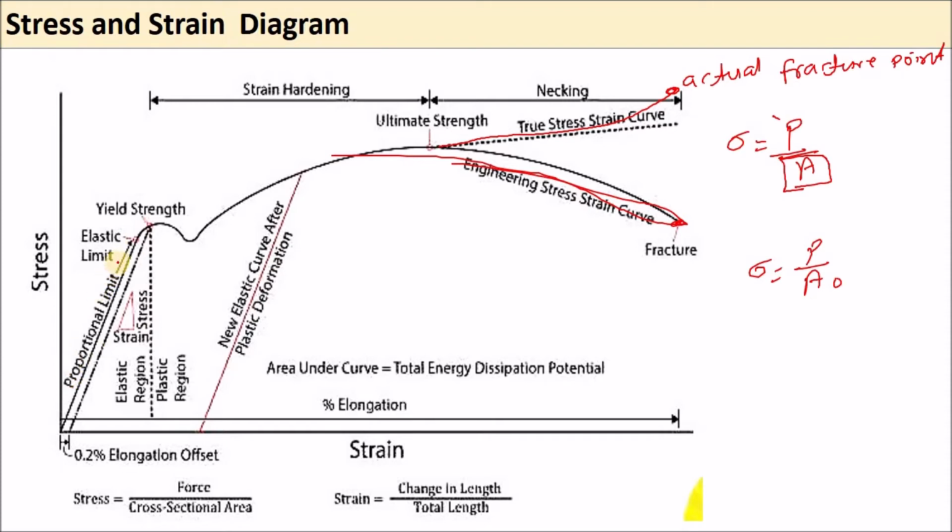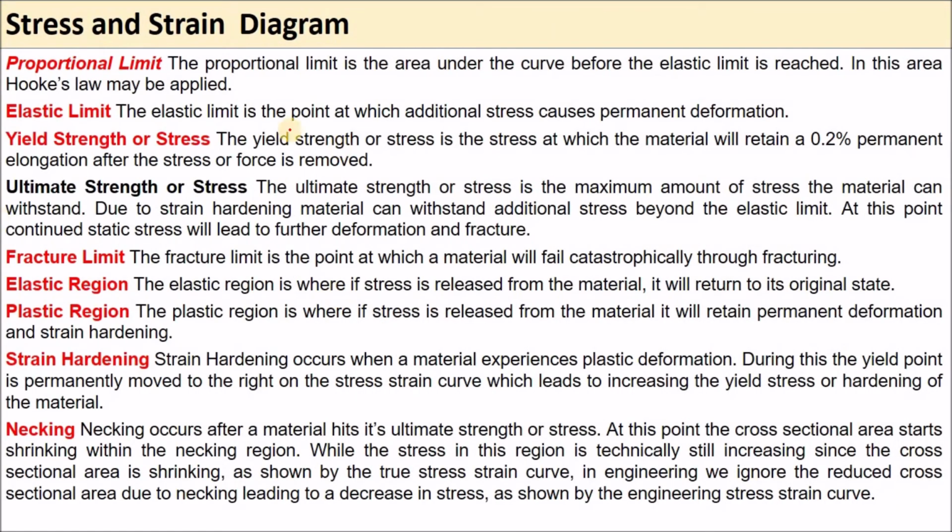Important points: proportional limit, and this is the elastic zone, the elastic region, then the plastic region. Points you should remember: proportional limit point A, elastic limit point B, upper yield point C, lower yield point D, ultimate stress point E, and fracture point F. This will be F dash. Here we have written the same thing, you can read this one.